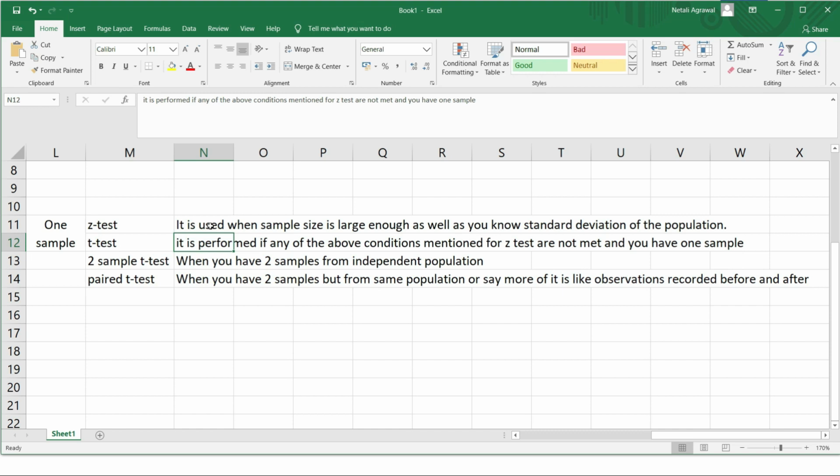So these are basically all your tests of means. You are checking the means. You are doing a hypothesis on mean. These are parametric tests and they are known as tests of mean. They are more or less the tests which are talked about in industry and worked on 95% of the times. And as a learner, these are the basic tests that you should know. These are the thumb rule that you should know when to use which test.